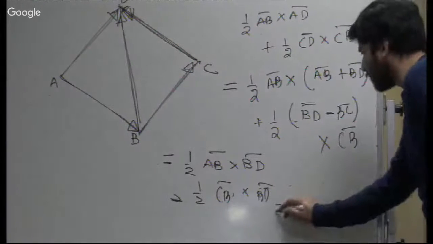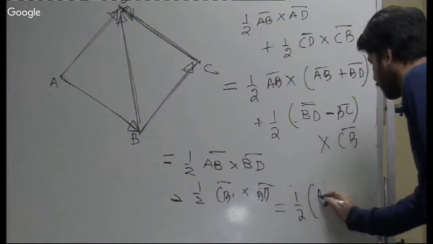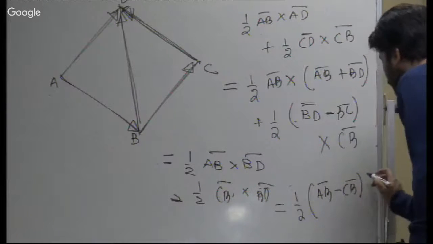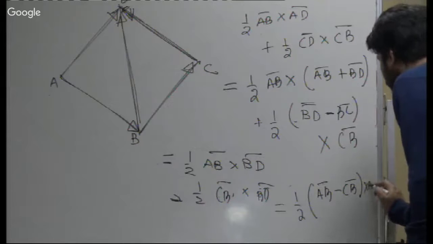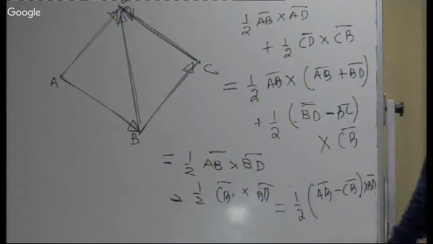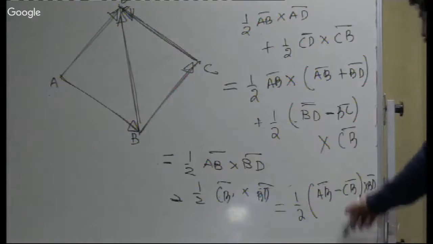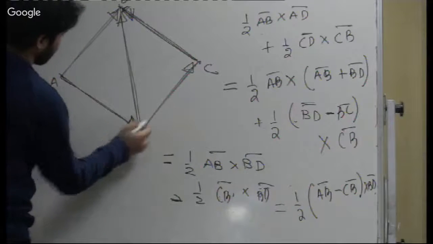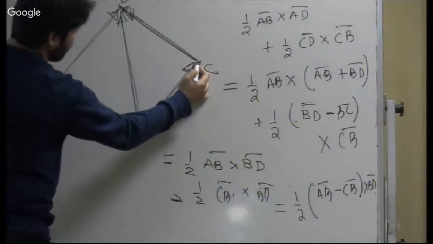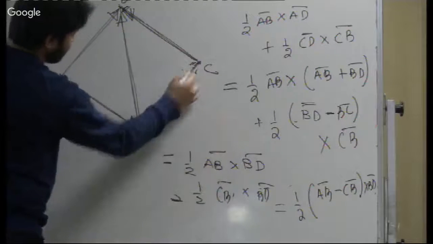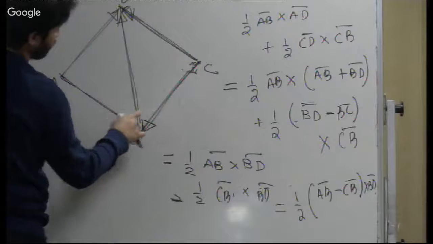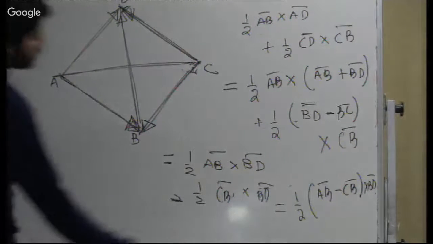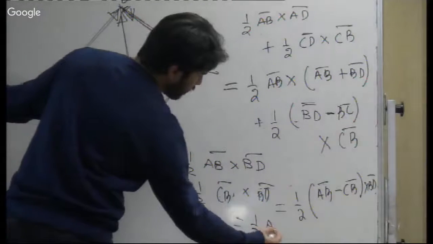So I will just apply the AB minus CB is equal to cross. And what is AB minus CB? This is your AB and this is your CB. If I say minus CB, it means this way. AC becomes